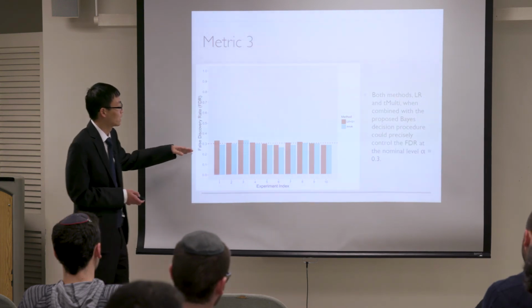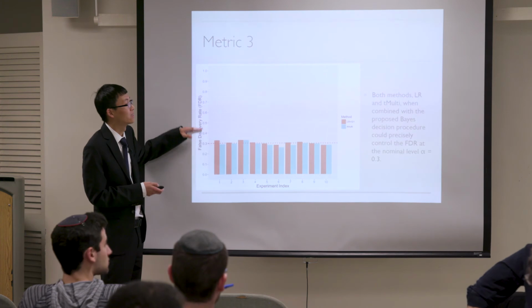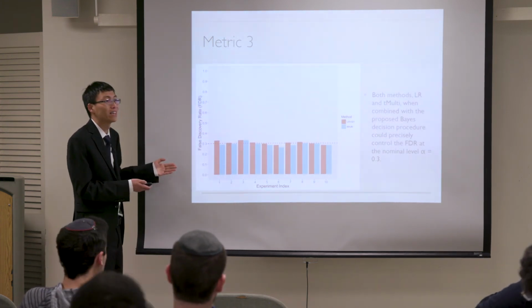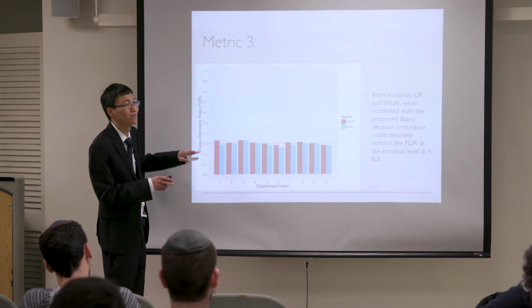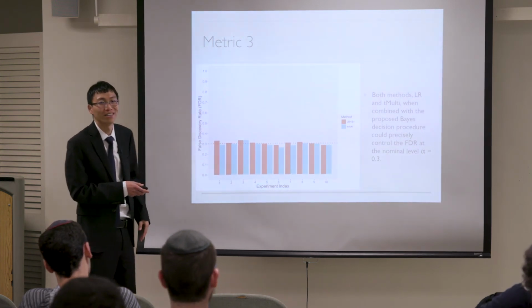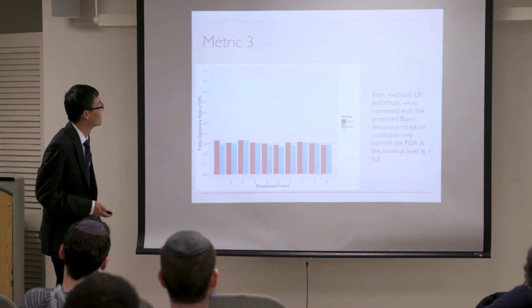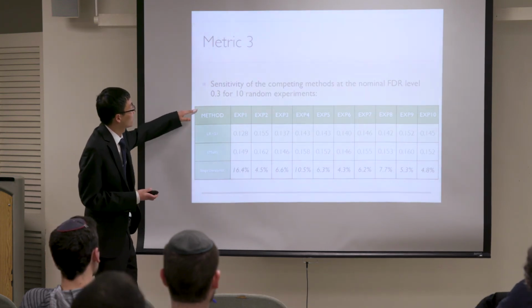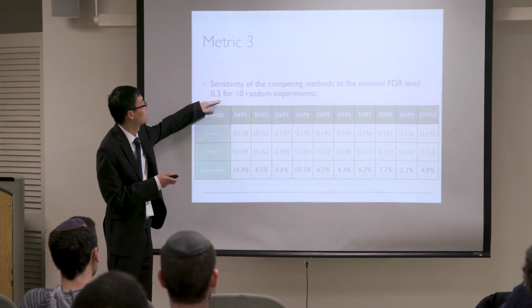And we also do the experiments for other FDR levels, and also do it for the male users, because male users account for 75% of the users. So if you want to control 0.3, it doesn't make any sense. It will report all the customers as male users. So we also check the sensitivity of the competing methods at the nominal FDR level 0.3